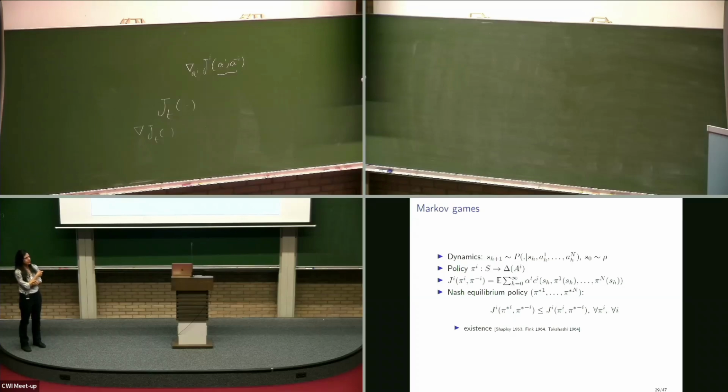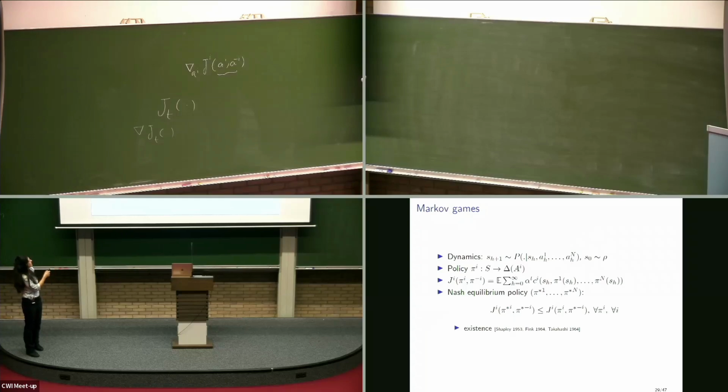So here, we say that the state S at time h plus 1 is a sample from some probability distribution. This is just an extension of the stochastic control framework. It's a function of S_h and the actions of all the players, A_1h to A_Nh. So the only difference is that now instead of a single controller, we have all these players choosing actions. And this is the initial distribution. Each player has a policy, which is a map from the state space, starting with finite state and action games, to a probability simplex on her actions,